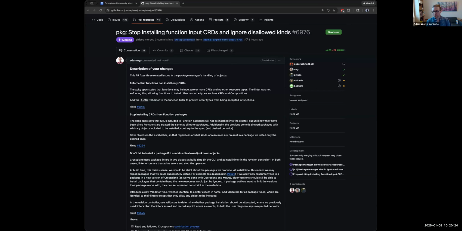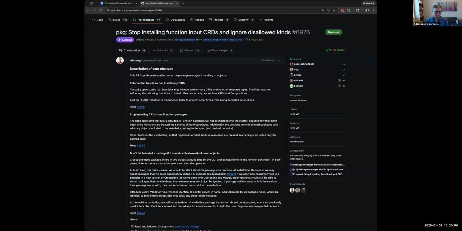It doesn't install them, but the package will still install correctly. So, kind of being a little more tolerant of malformed packages, and also allowing for the possibility that there might be some external controller running in the system that does understand those things, and is separately pulling the package and installing different things from it, or doing something with those things.